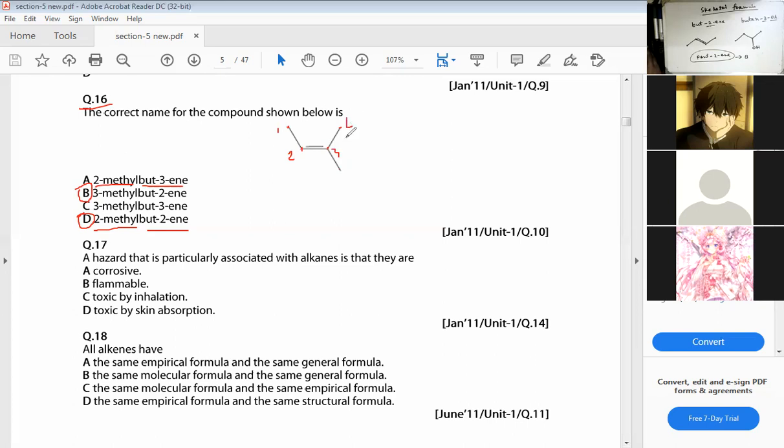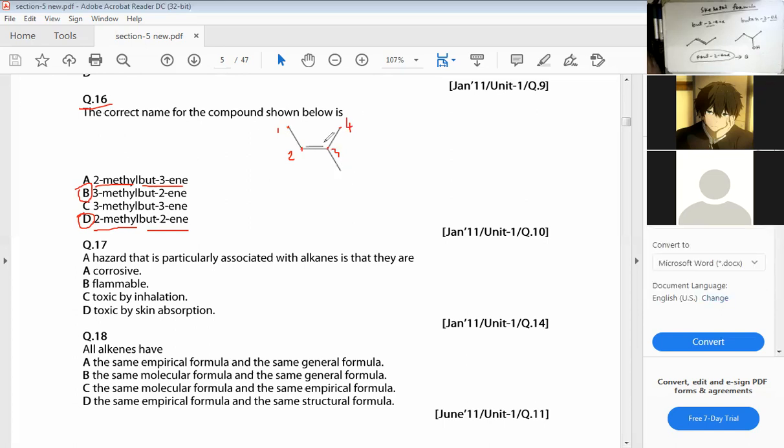We will not take it in this way, because if we do, the methyl group is not on the lowest number. It is not 2-methyl, it is 3-methyl. But if we consider this carbon is 2, this is 1, this is 3, this is 4, then in both cases it is butene, but the methyl group is 2-methyl or 3-methyl. So we should take 2-methyl-butene. Okay, so I hope you understood.